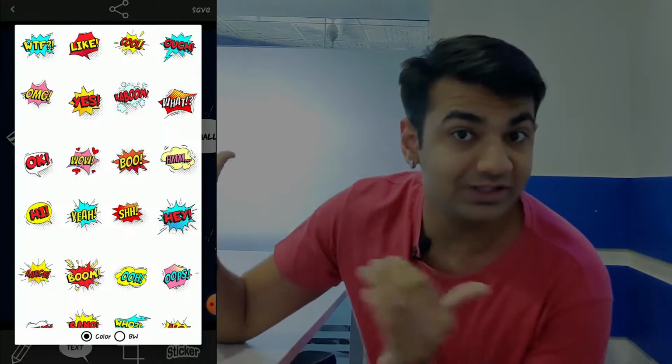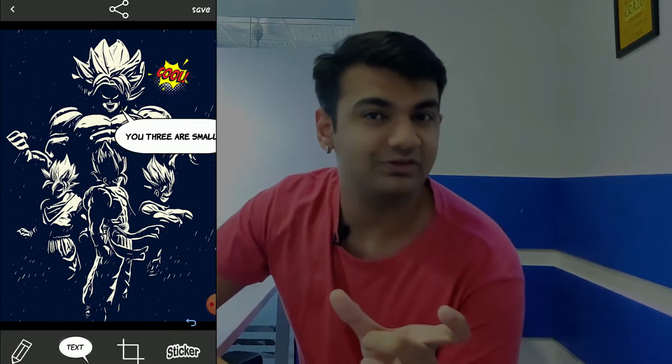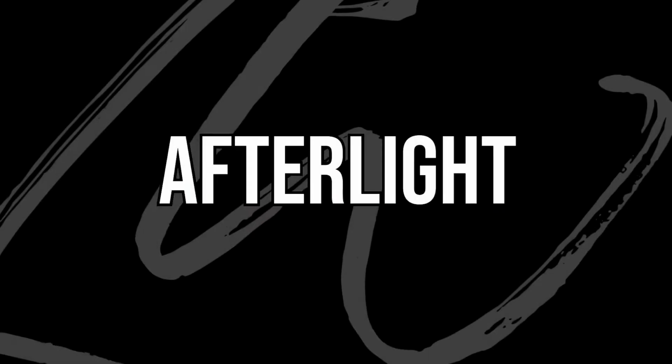Not just the comic caricature editing of your photo, actually create comics. You can add those text boxes, write text inside them, like literally create a whole comic. Oh my god! Wow! Yes, that is possible with this app. You have to use it.